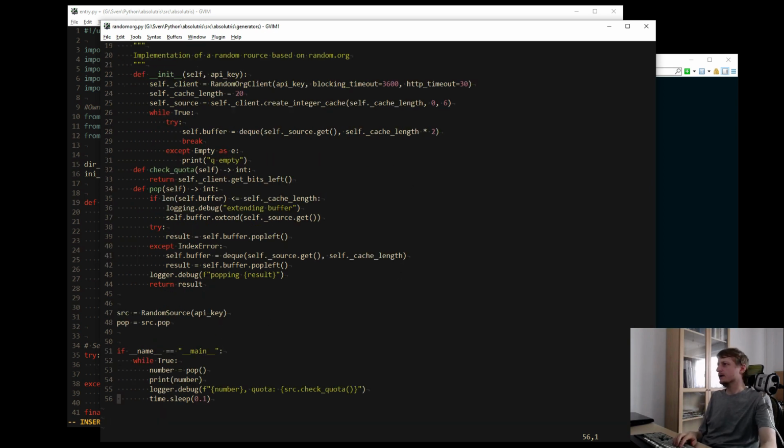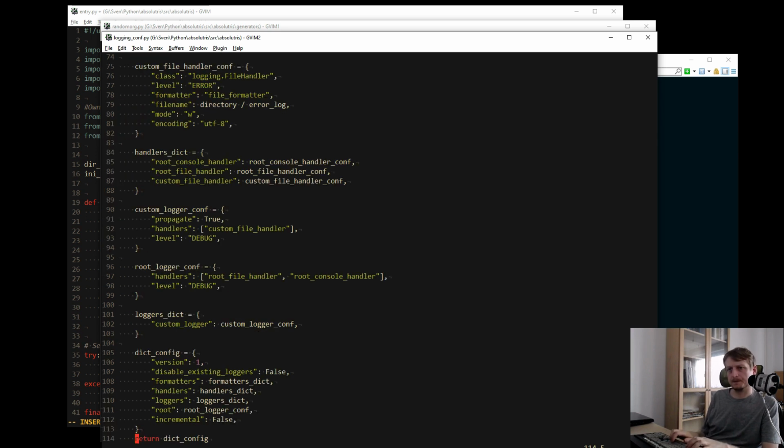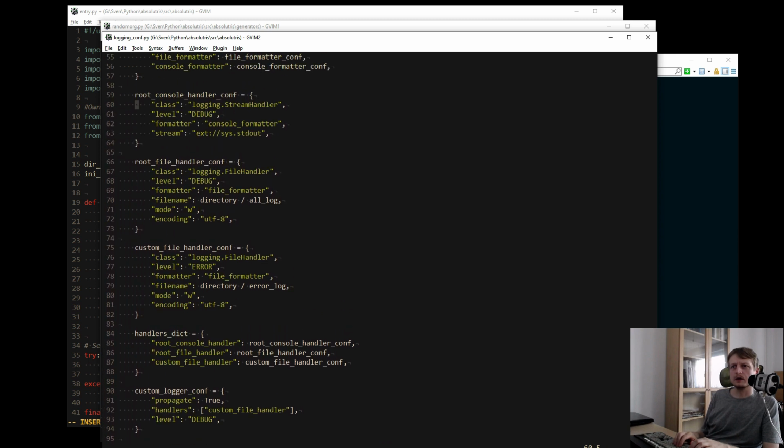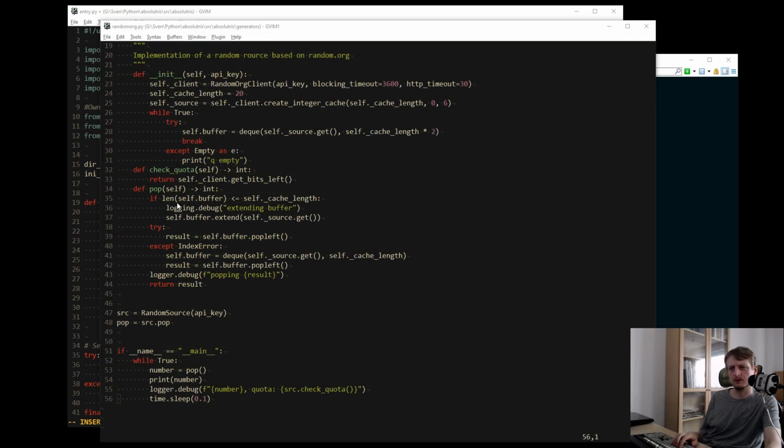But maybe my logger configuration, my logging config, but it's set to debug. So here file handler. Okay, wait, no. Root file handler is debug, custom file handler is error. This is good. So I'm on debug level, so it should be good.